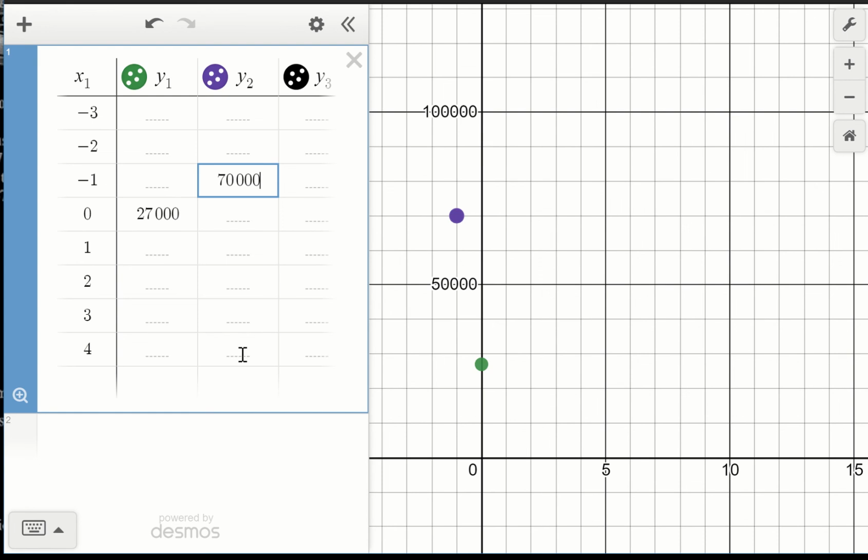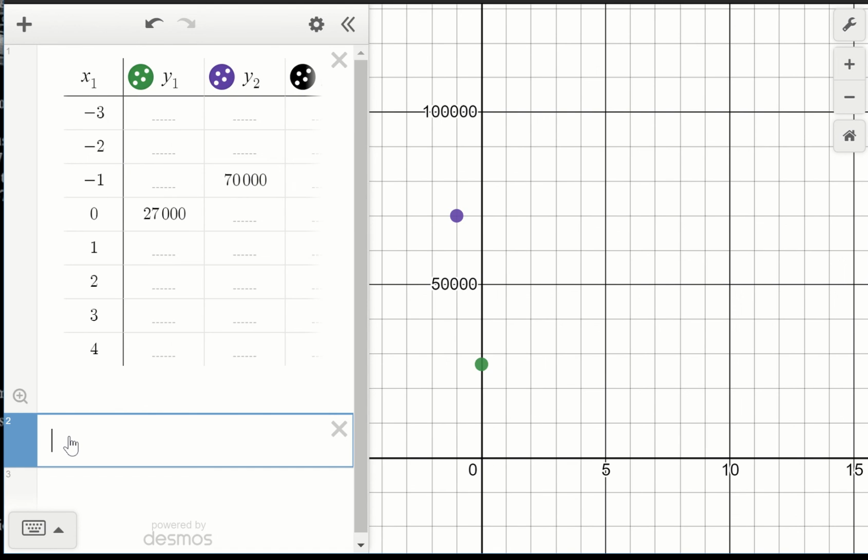So once you have those, the other thing that you can add that would make your graph look super cool is below, if you were to go ahead and type in the functions. So you can type in 3 different functions here. So clearly you're going to type in the table of values and we're going to see those dots. But if you were to type in like y equals, let's do the Honda. The Honda is